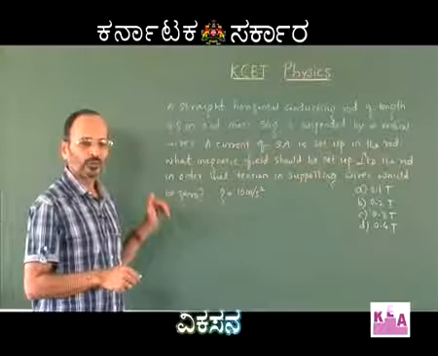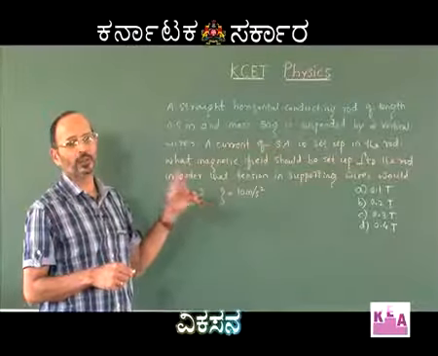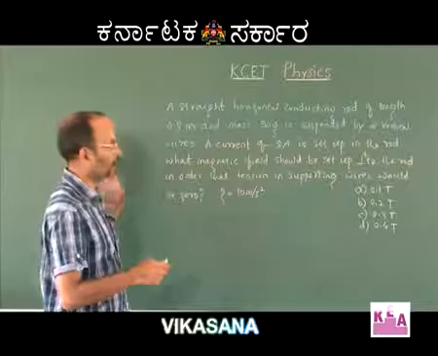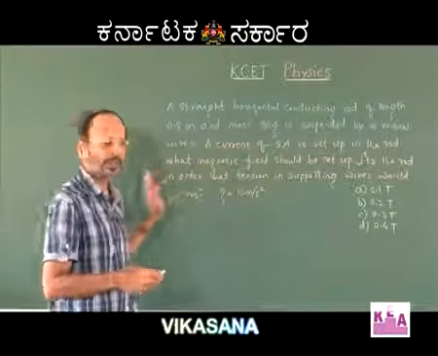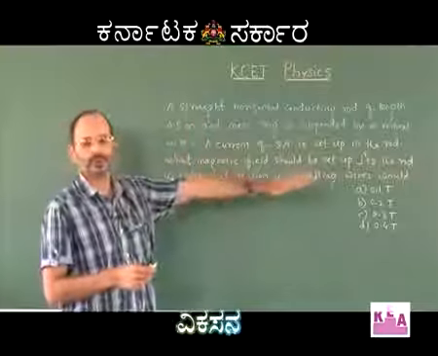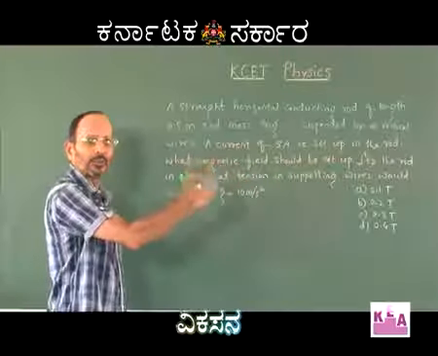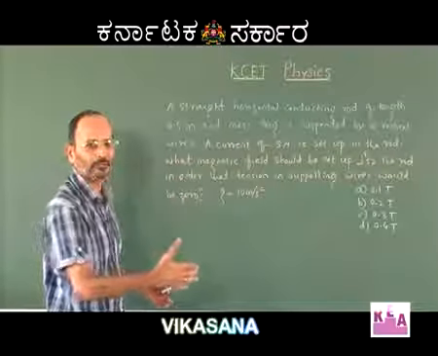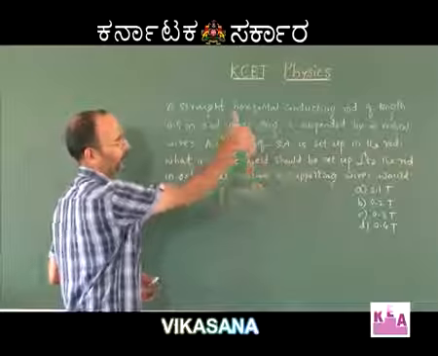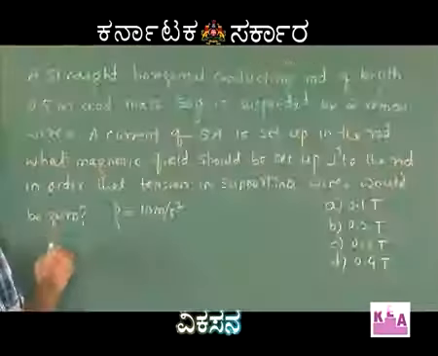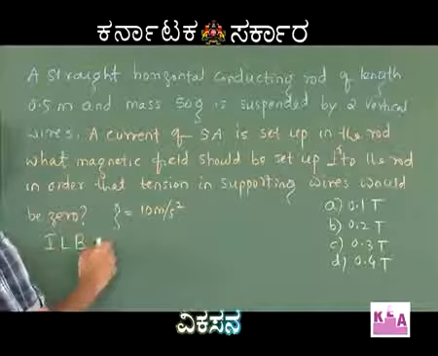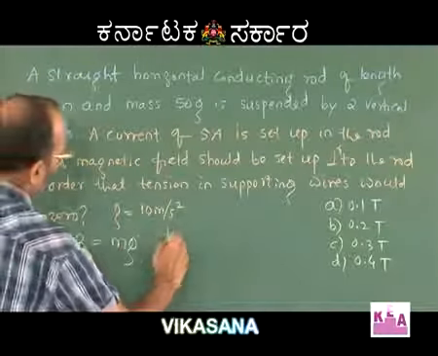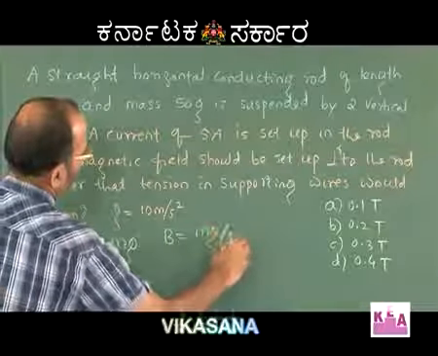So, let me write down the force in the rod due to the magnetic field. But please remember, I am assuming that the current in the rod is like this. The current in the rod is from the left of the board towards the right, and I have taken the magnetic field to be into the board perpendicular to the board, which makes the force acting on the rod due to the magnetic field to be I dl cross B in the upward direction. So, I L B should be equal to M into G,